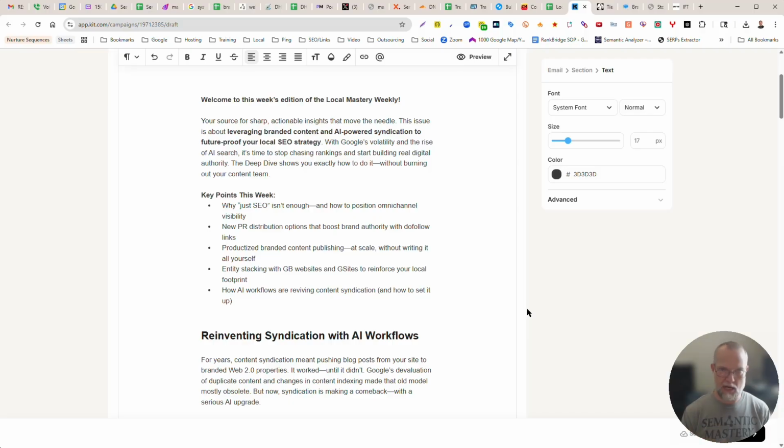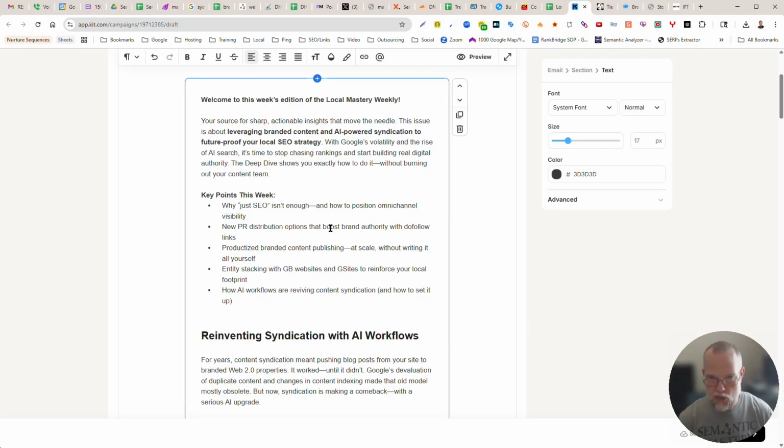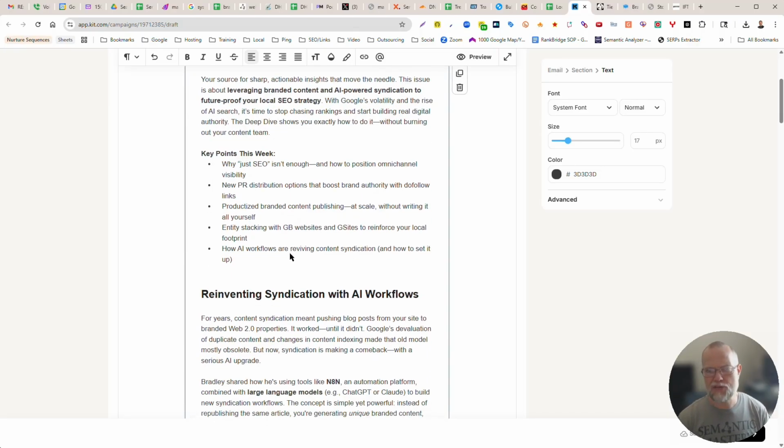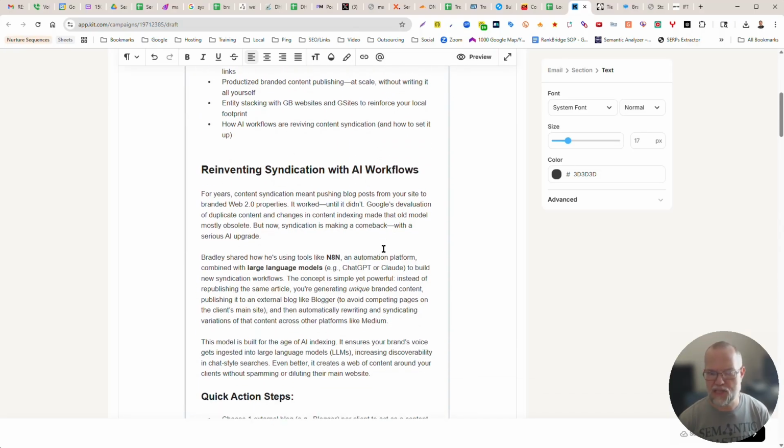So this is really about the concepts. As I develop this out, I will be sharing more and more, but regular SEO is just not going to cut it anymore, guys. We need to evolve and change our strategies to be optimizing for all these different platforms now, instead of just the big gorilla that has been Google for the last 15 or 20 years. So anyway, I just wanted to go through that and talk about reinventing the syndication with AI workflows.